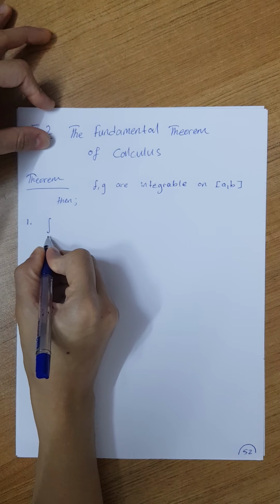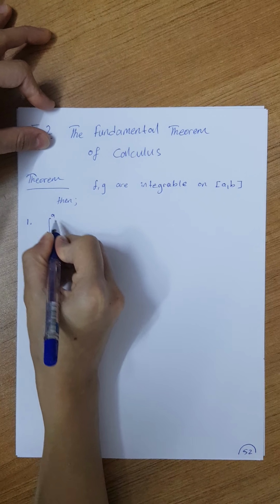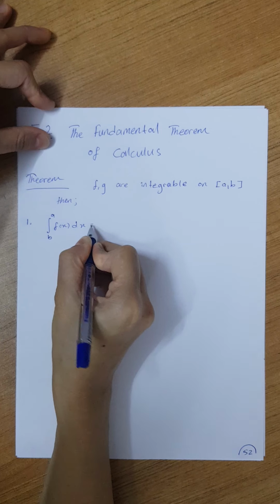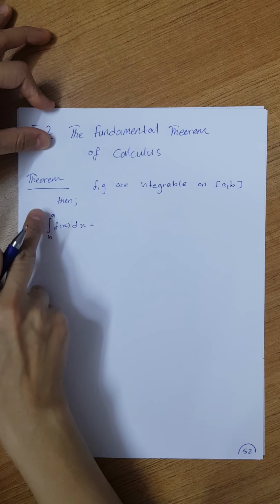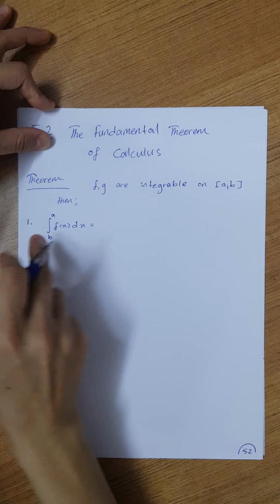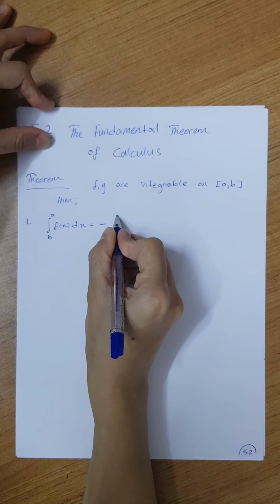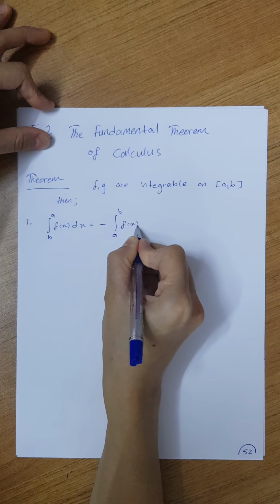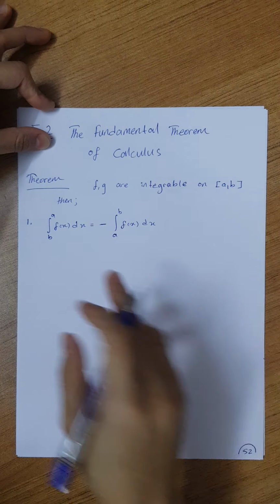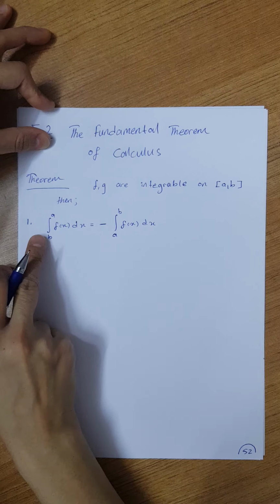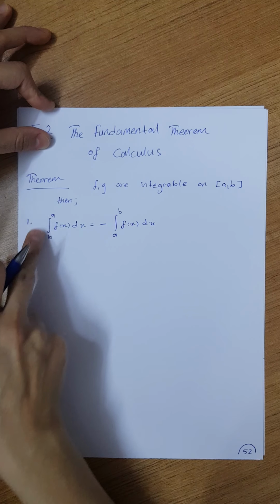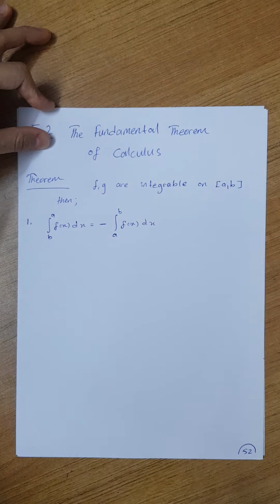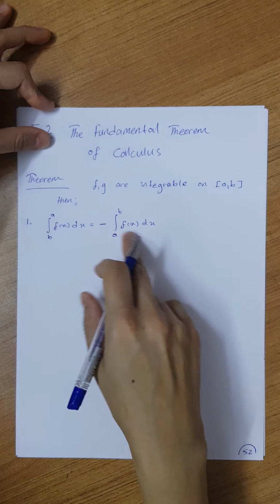So if I have got an integration from b to a of f of x dx, and if I want to change the order of integration, the limits of the integration, I will simply write a negative here, and the integration will be from a to b f of x dx. So if I have got the integration from, for example, 3 to 2, and I want to change this order to 2 to 3, I will simply put a negative sign here,